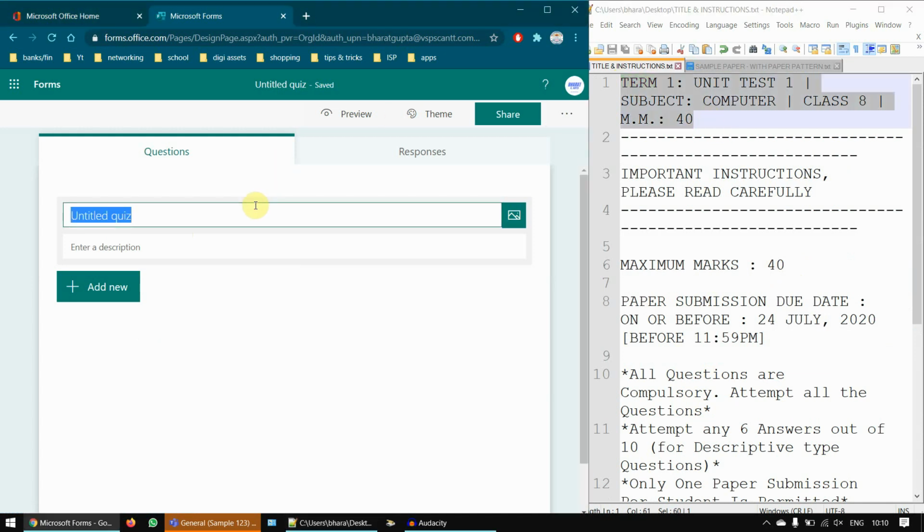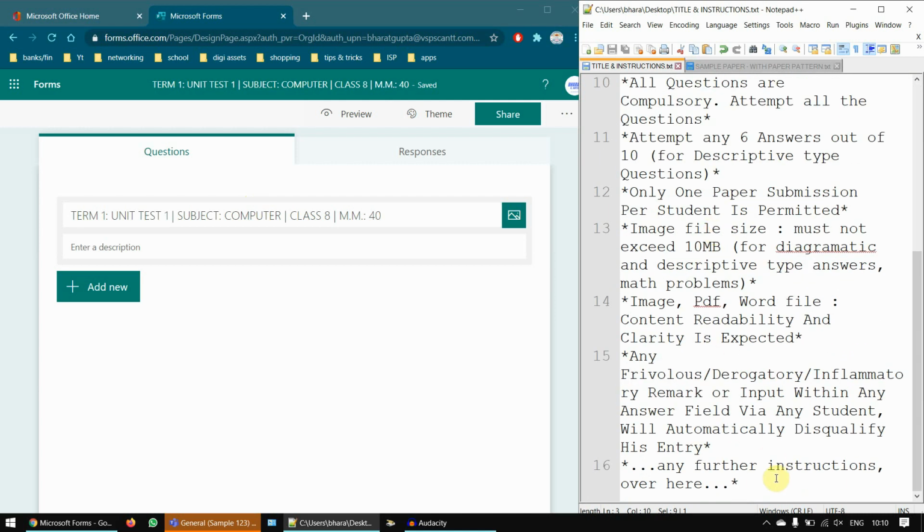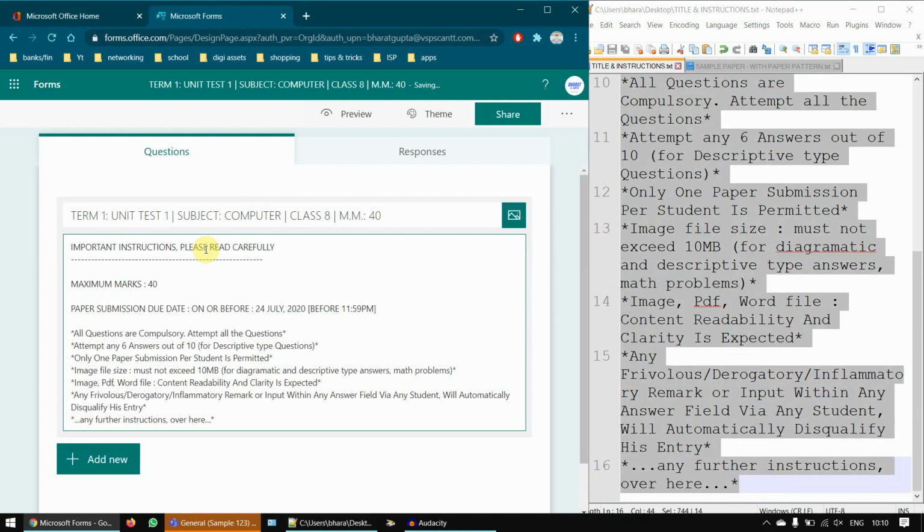and put the title over here. So you can see it's a very appropriate title for the upcoming unit test. And over here I can copy all these instructions. Well, these are sample instructions. You can take a cue from my video and you can also write your own instructions according to your own